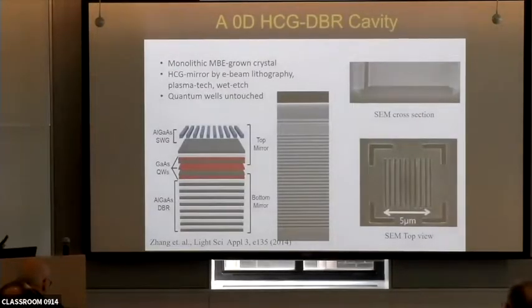And that's how the actual thing looks. That's the side view of the bottom DBR, the tall bottom DBR stack, the cavity where the quantum wells are embedded and protected inside. This is a sacrificial layer we will remove later, and the top is the grating. After removing the sacrificial layer, I have the grating suspended over the cavity at the bottom.